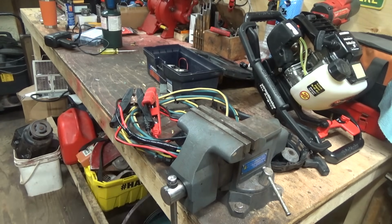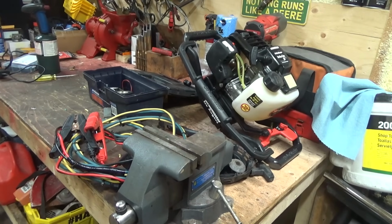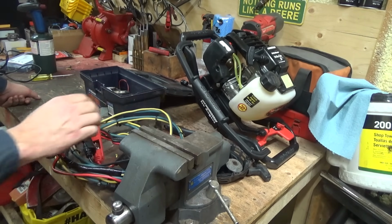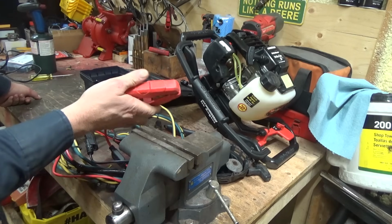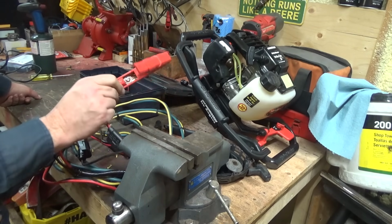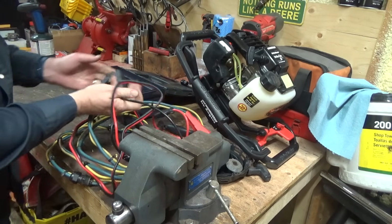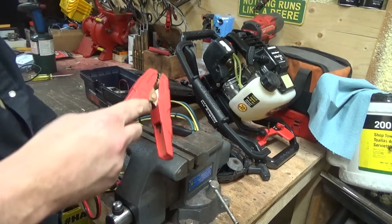A lot of amps too, so should be good. I don't think it should have any problem. If she starts smoking, well, there you go. But I mean, these were some pretty heavy duty ends here too on this thing, right? Pretty heavy duty ends that are mounted onto the